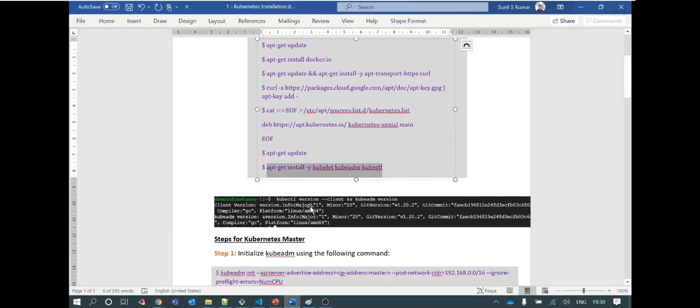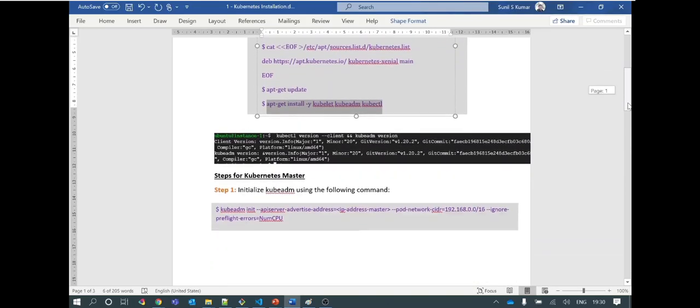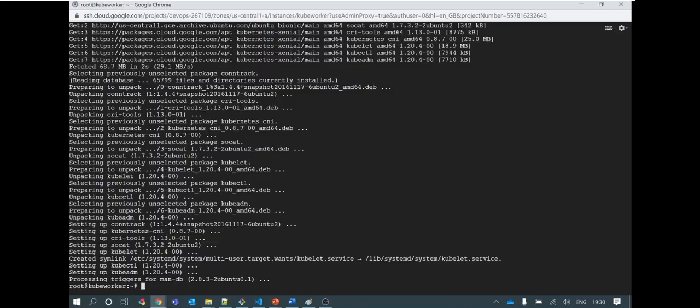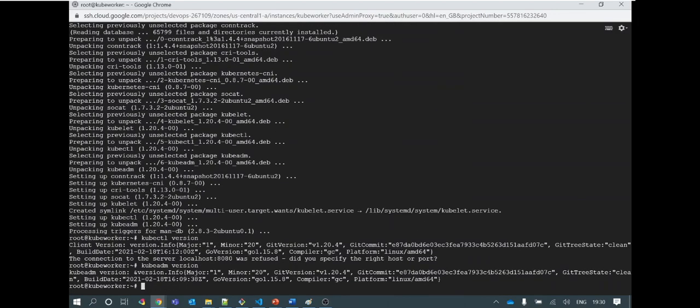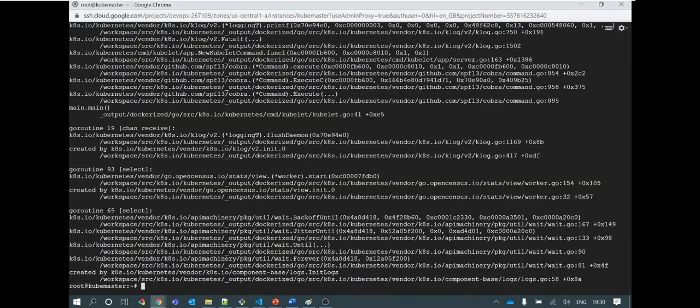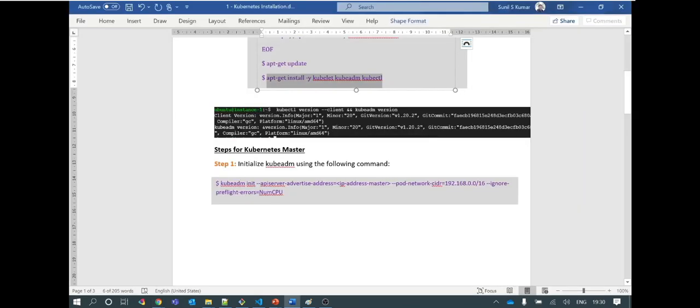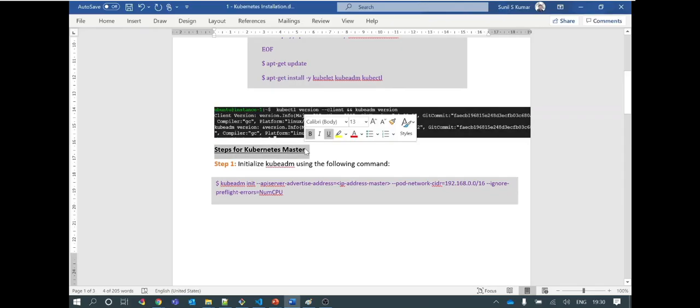Next, I have checked the kubectl client version and the kubeadm version, both are checked successfully. On the second server also I can check kubectl version, fine. kubeadm version, fine, right? So both the servers have the required software installed now. The next step is to be performed on master, where we need to create our control plane to manage the Kubernetes cluster. Here I will initialize my Kubernetes cluster using kubeadm init.